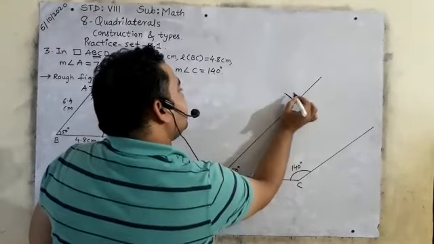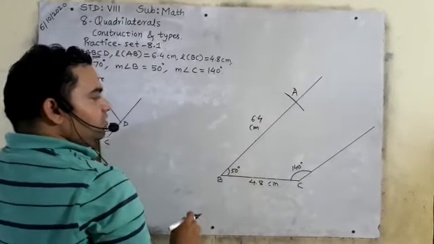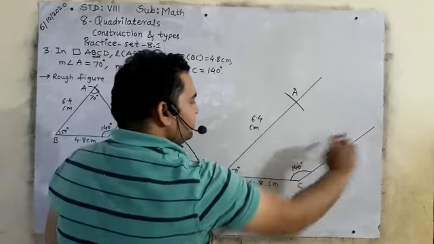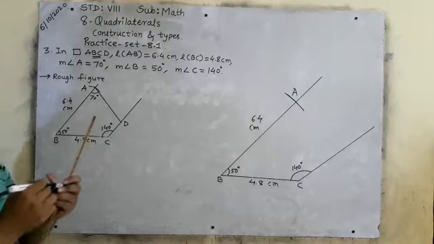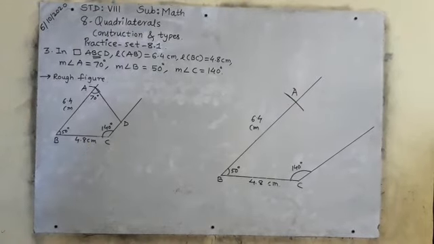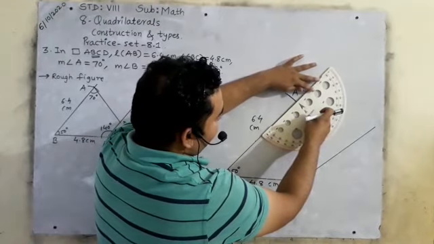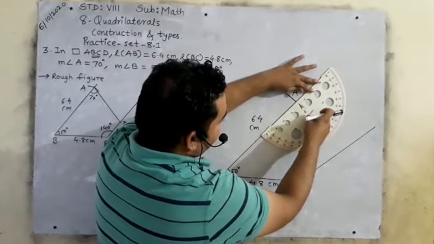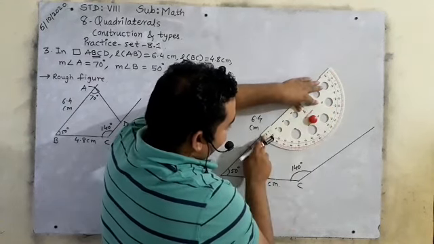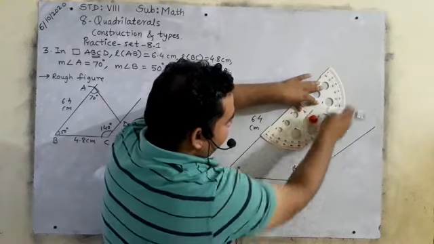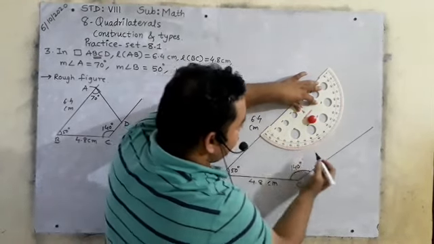So this is point A, and this is 6.4 centimeter. Okay, so first, second, third, this fourth, then measure angle A is 70 degree. So here you will use the protractor. You will keep this protractor on B like this. You will keep this protractor like this on A. Okay, and then you will go from here, from right to left. So you will go from here and you want 70 degree, right? Yes.